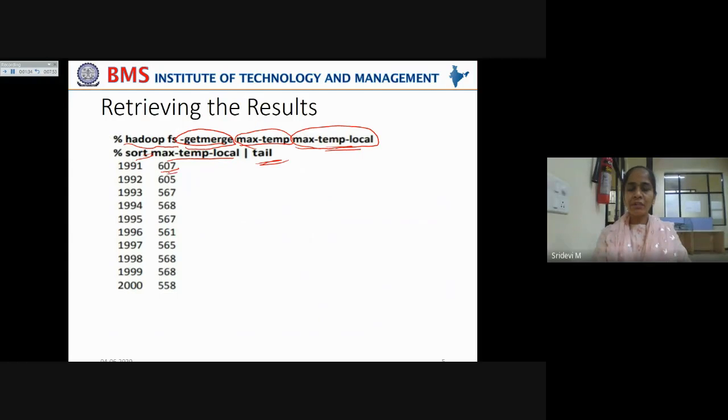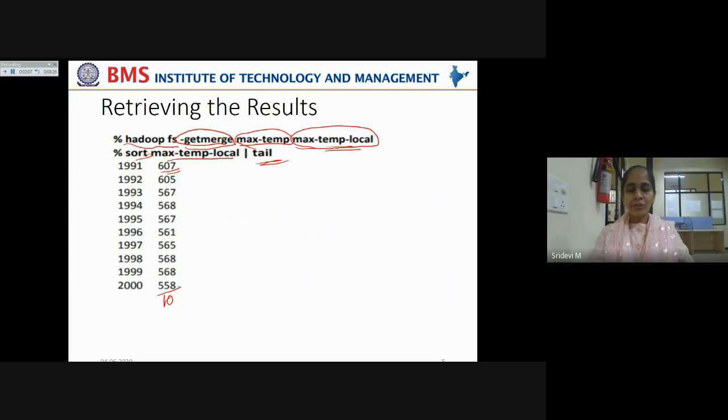Remember, the temperature is 1/10 of the value. Means if it is 607, it is around 60 degrees centigrade. And if it is 568, it is around 56.8 degrees centigrade. So the temperature recorded here can be taken as 1/10 of the value. So if you have any values greater than 100 degrees Celsius, means values greater than 1000, then we may think it is some abnormal value, or there may be an error in capturing the data. Let us see that further.